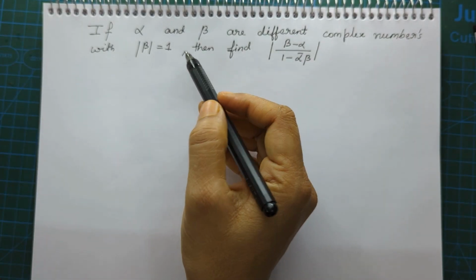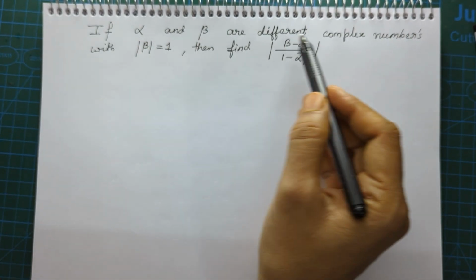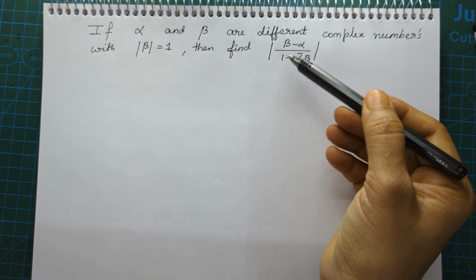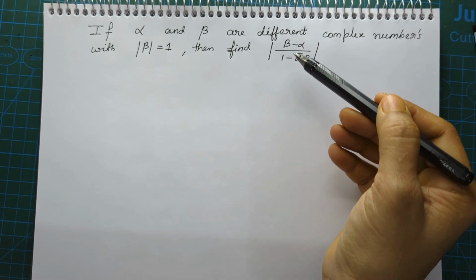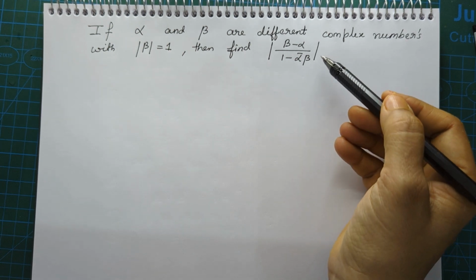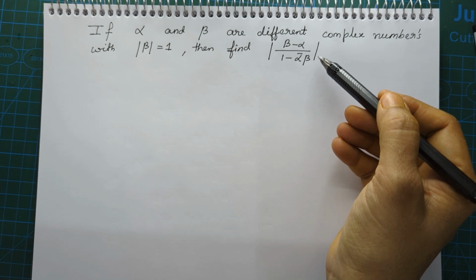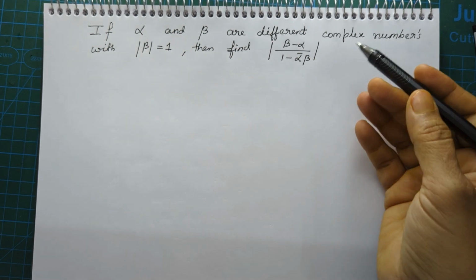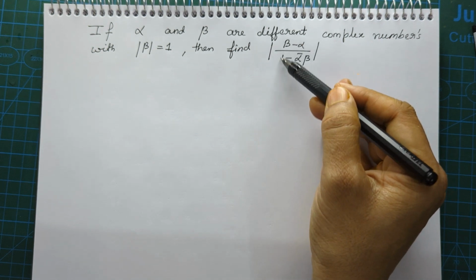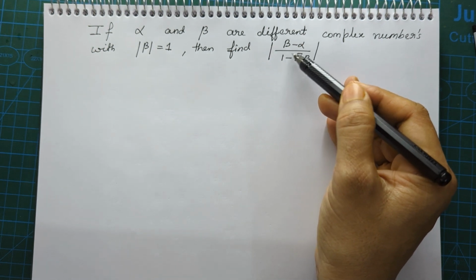Now we have a question here. If alpha and beta are any two complex numbers with modulus of beta is 1, and we are supposed to find the value of this. This question is an excellent application of conjugate of a complex number as well as modulus of complex numbers and properties involved with them. So we are supposed to find mod of a combination of complex numbers, which is ultimately